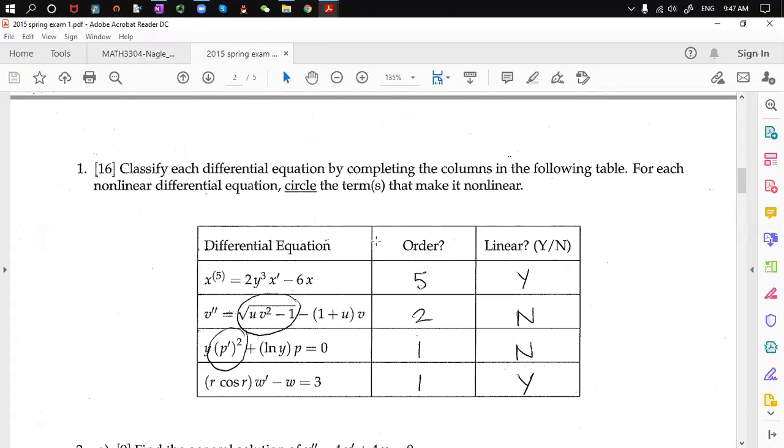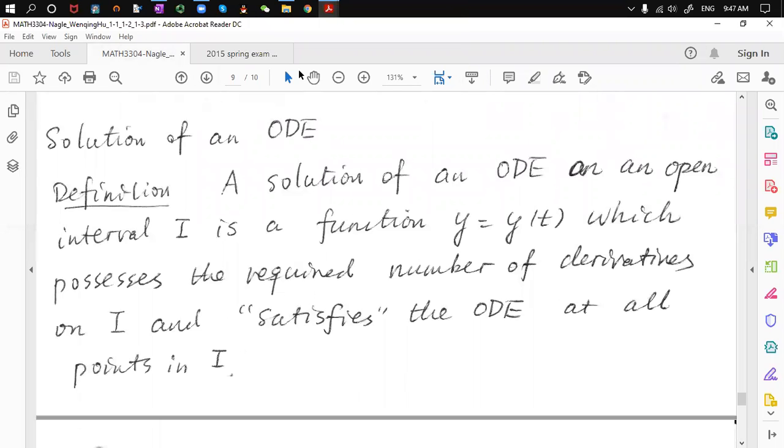Not exactly this problem, but a problem of this kind is going to appear on your first exam. There's going to be such a table, asking you to fill in the order of this equation, and whether it is linear or nonlinear. That's what I want to say about the classification of ordinary differential equations, very important. Let me take the final 3 minutes to finish this chapter about the solution of an ordinary